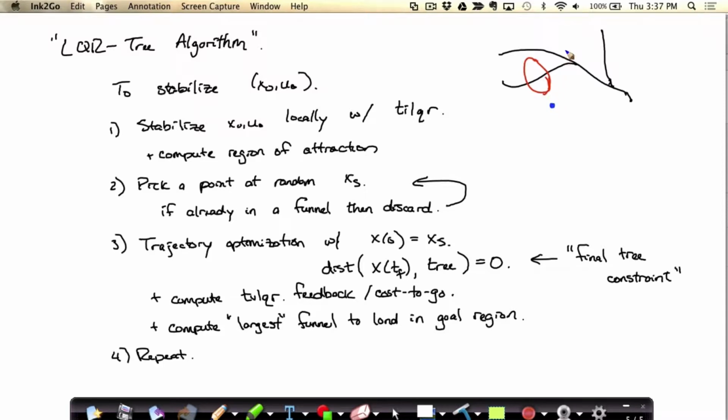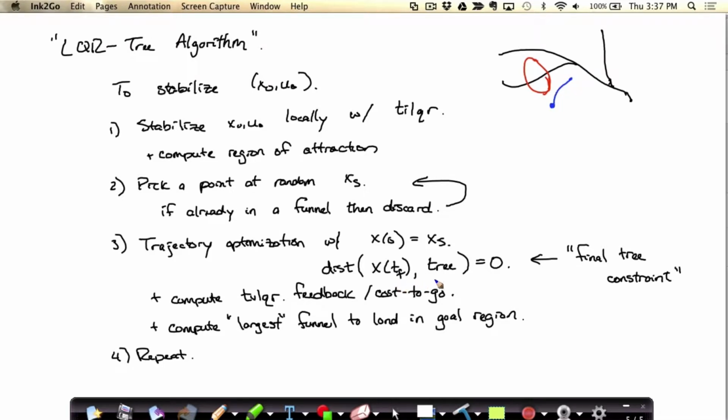This one has some nice properties in the sense that you end up with very, very sparse trees, and we can still guarantee coverage. Okay, in the same weak probabilistic way, as time goes to infinity, you get coverage. Okay, all right. So we're going to do trajectory optimization, where it starts doing trajectory optimization, and there's a